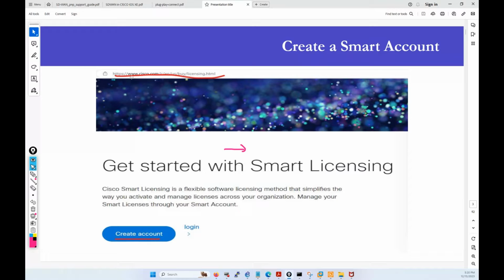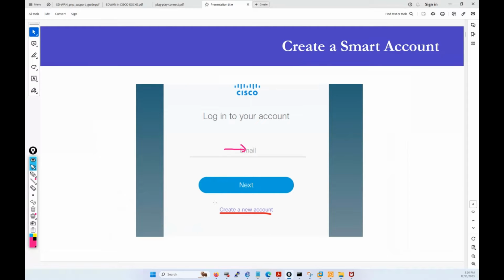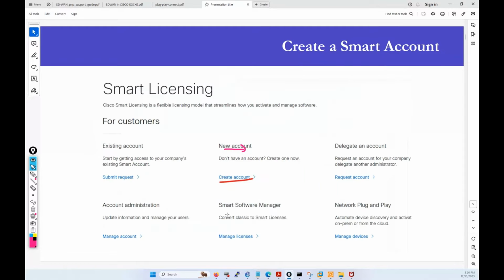smart account website. So there's a link here. Okay, you can just follow www.cisco.com/en/us/buy/licensing.html. So, and if you don't have an account, you need to create one, of course. And once you logged in, you are logging into the smart account portal, you scroll down at the bottom, you're going to see